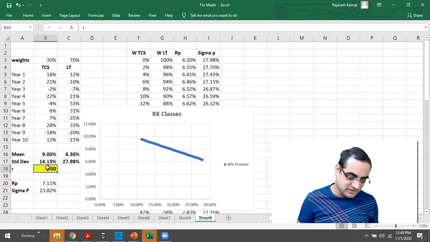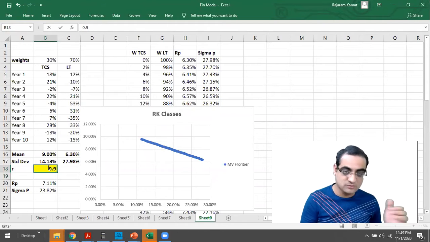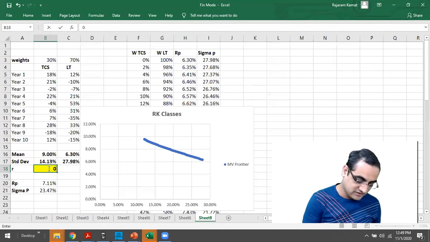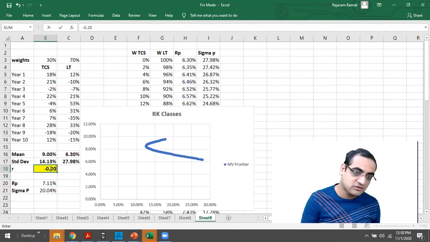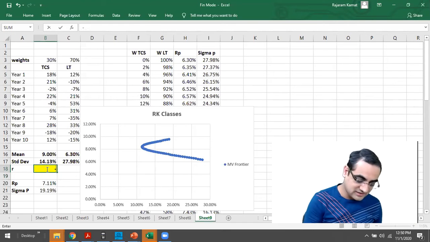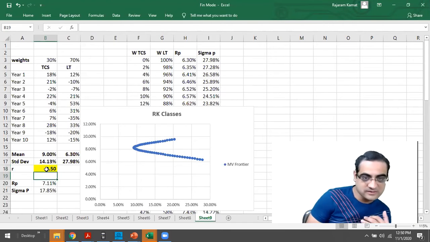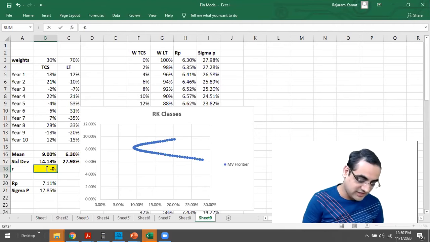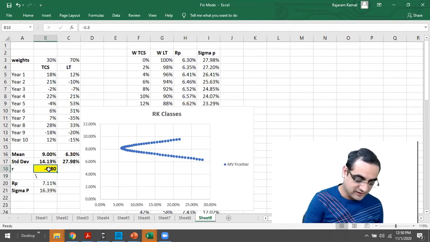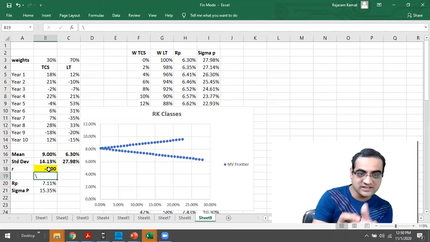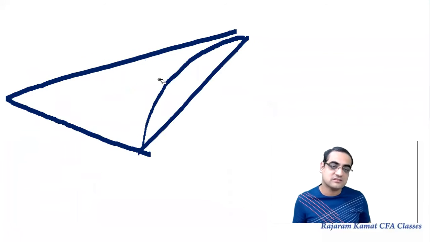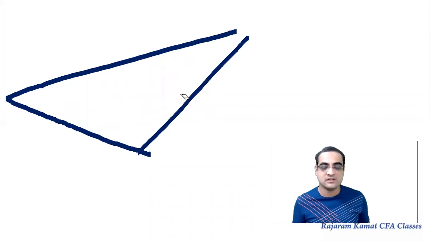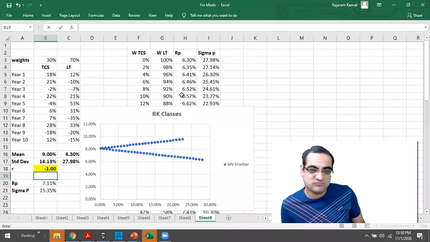Anyways, then it goes to 0.9, then the graph will start to bend inside. Then 0.8, then the graph will keep on bending inside. 0, the graph will keep on bending inside. Minus 0.20, the graph will keep on bending inside. Minus 0.5, the graph keeps on bending inside, and minus 0.8, the graph keeps on bending inside, and final value -1, the graph goes like this, which is nothing but what I was mentioning over here. So when it becomes -1, the graph becomes like this. Okay, so this is what I wanted to cover.